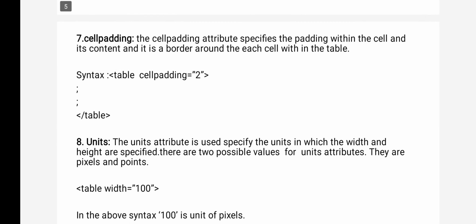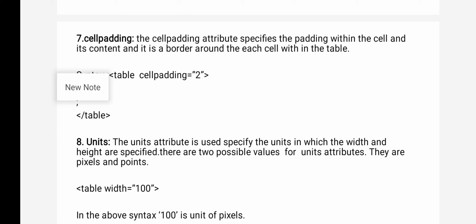Now cell padding. See, cell spacing means a space between cells. Cell padding means it is a space between the content of the cell and the walls of the cell, means the border of the cell and the content of the cell. That distance is called cell padding.